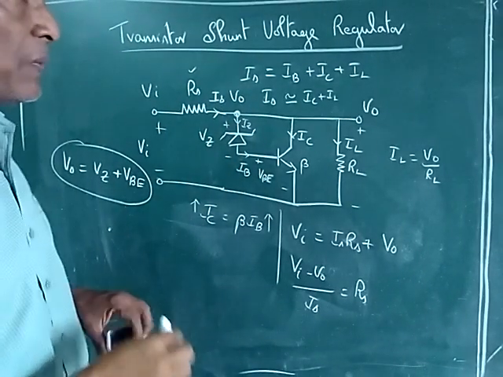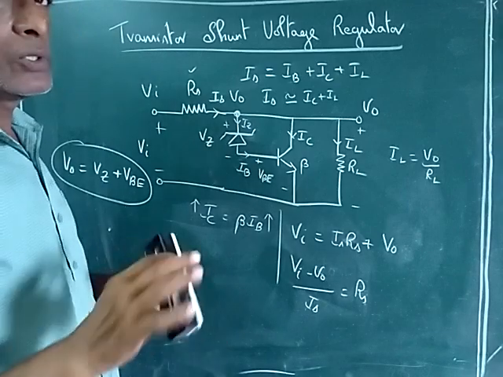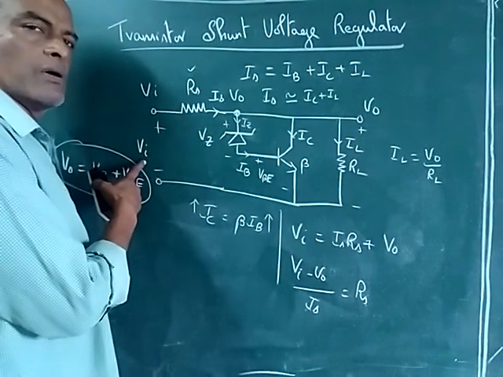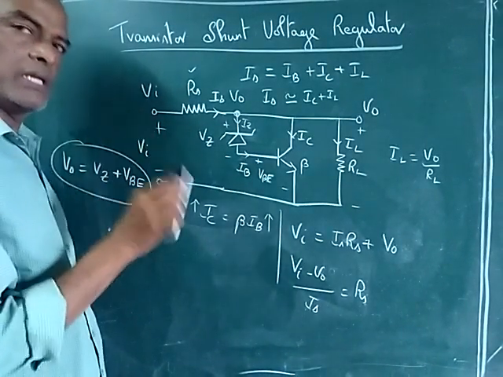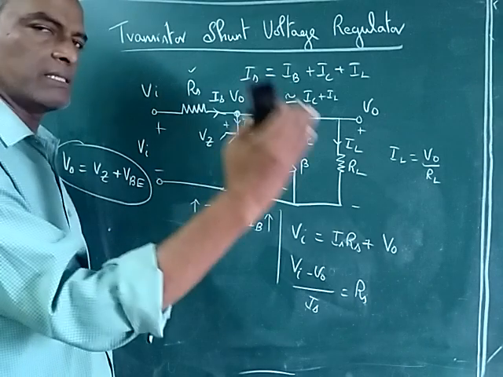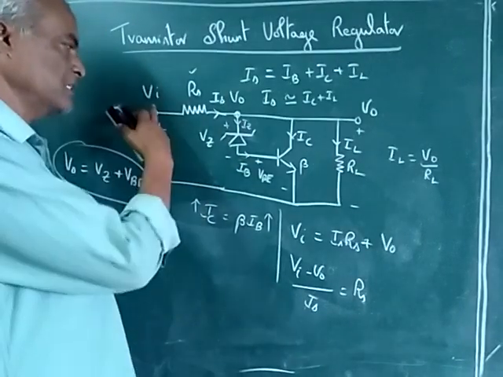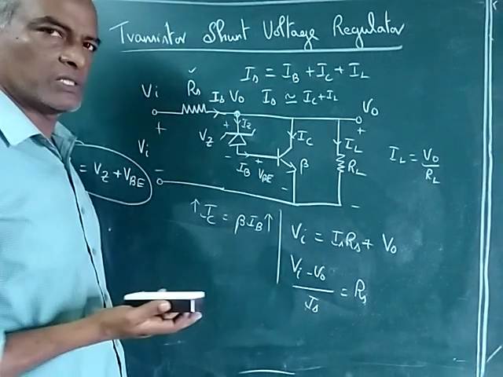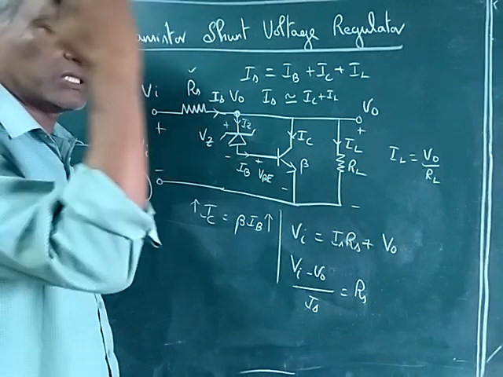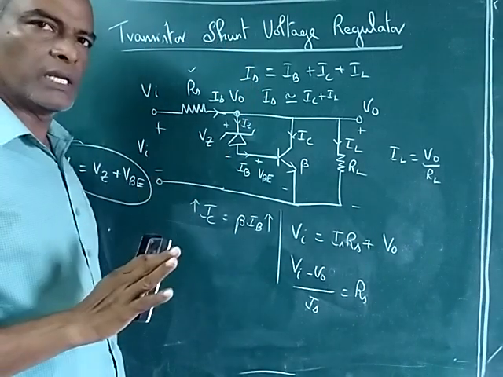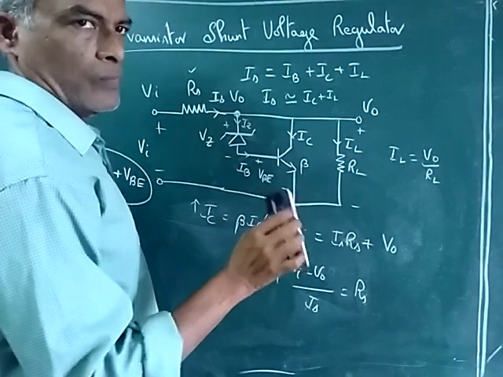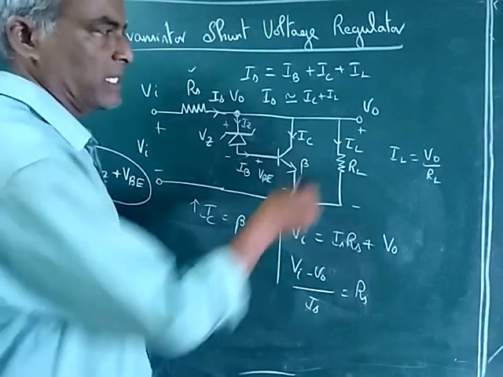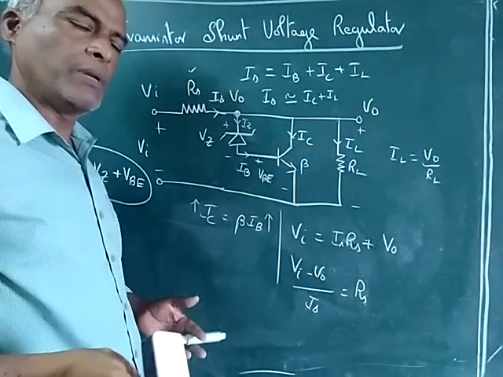Now we have to analyze what? The two worst cases. What are the two worst cases? If I say Vin, it is already designed for the worst case, the maximum voltage, not the minimum, because it can fluctuate if the incoming AC supply is varying. But we will see the worst case, which is the maximum voltage, so if I say Vin, it is only the maximum voltage. Now the two worst cases can happen at RL: it can be short circuited, or it can be open circuited.